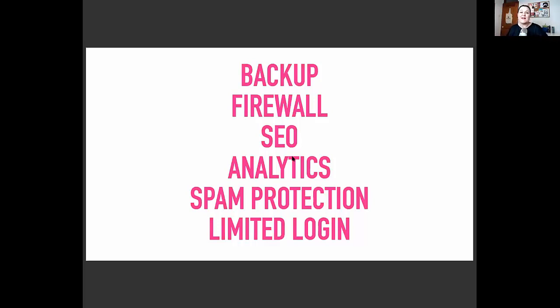functionality that's out there to kind of input code into your comments and borrow your site for undesirable reasons is just a normal part of modern day website ownership, but you can protect your site from that. And then as a kind of add-on to that, I do recommend having some type of captcha or limited login plugin on your website as well, so that you can stop undesirables trying to repeatedly log into your website. So the analogy I gave to my WordPress bootcamp members was, like you hear that there's a